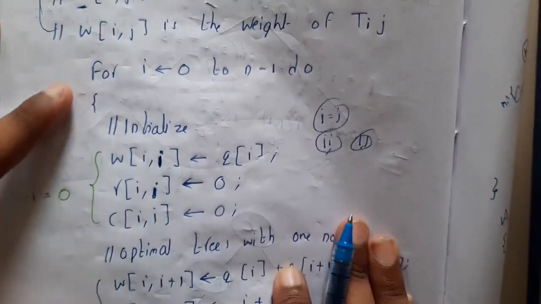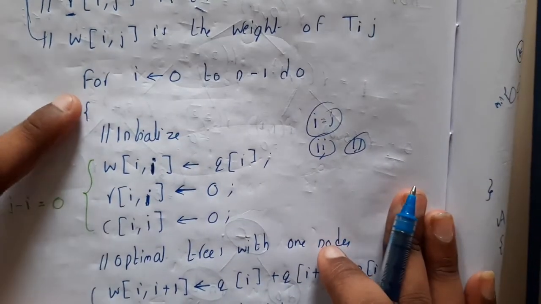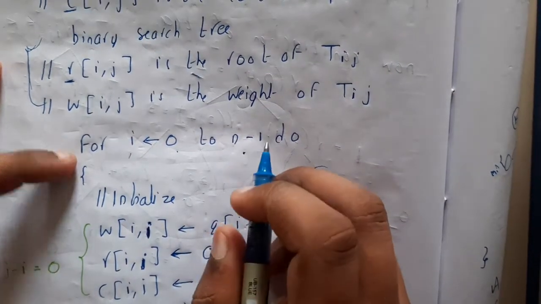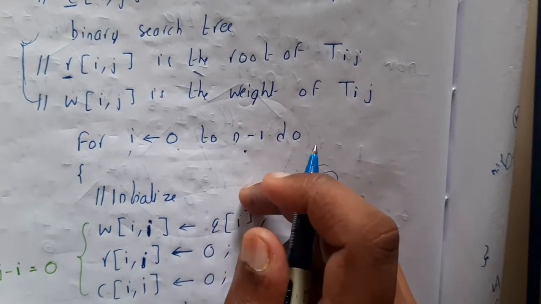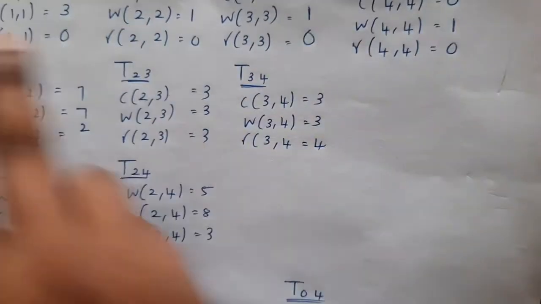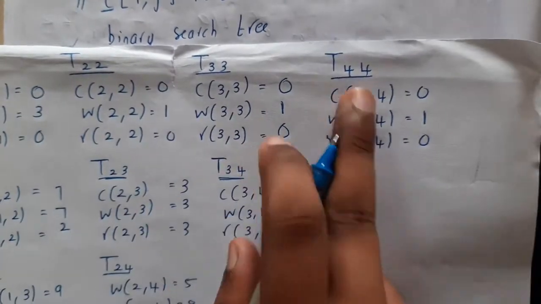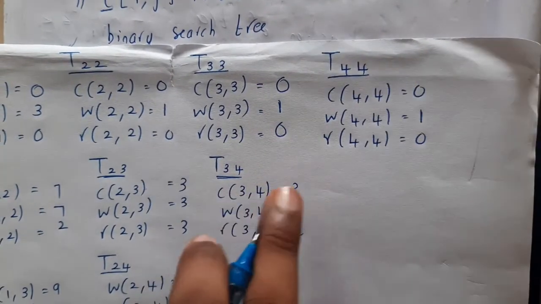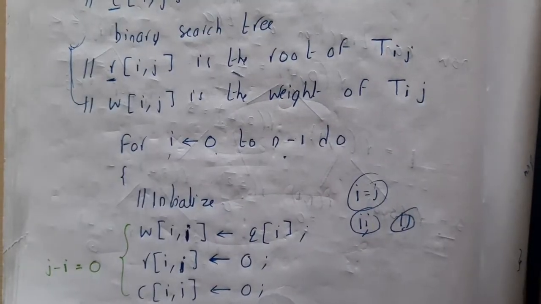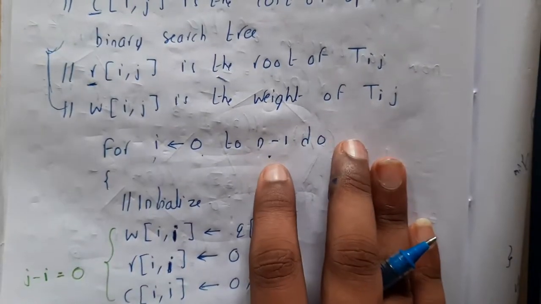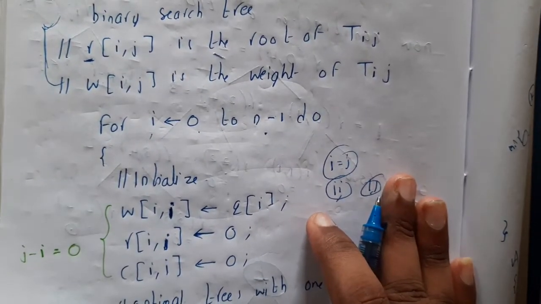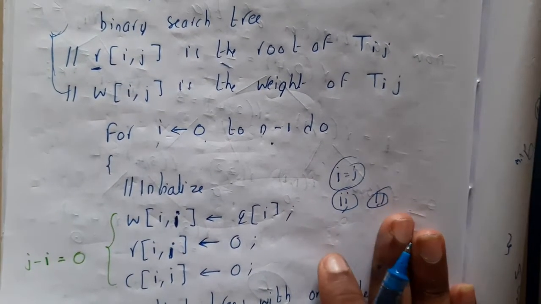Here you will be doing this process multiple times, guys. You will process this for i equal to 0 to n minus 1. Indirectly, you will be continuing this process for two levels. Once this loop has completed, you are done with two lines: j minus i equal to 0 and j minus i equal to 1. Both those loops are completed by using this single loop, and the next three steps will be done in our next loop. I am saying this based on the previous example. If you didn't watch the previous example, please watch the previous video.